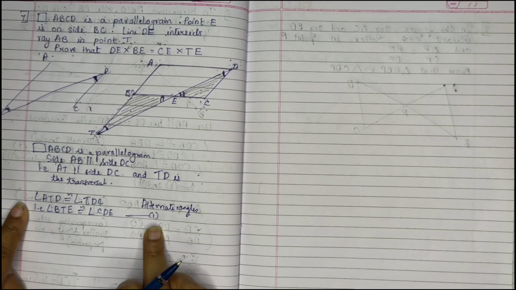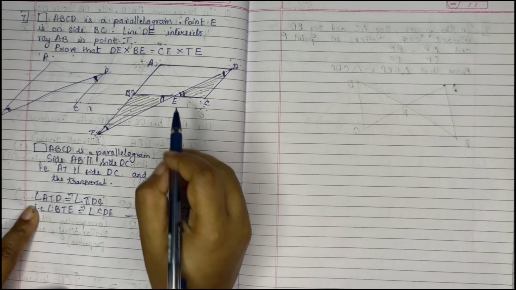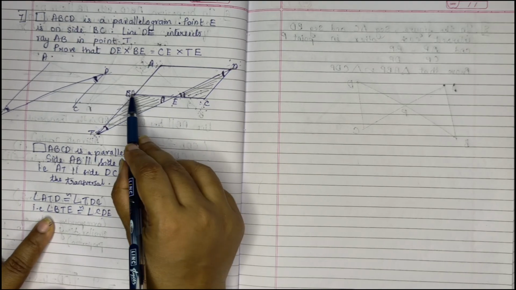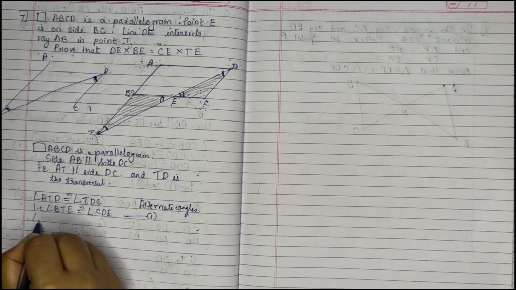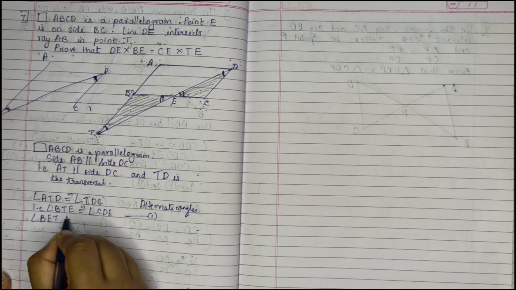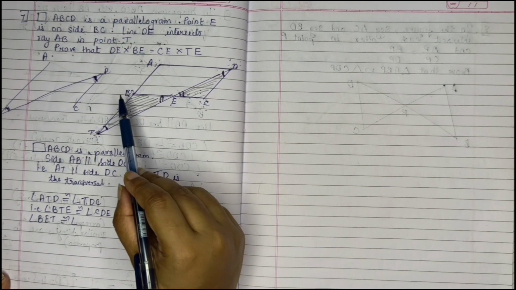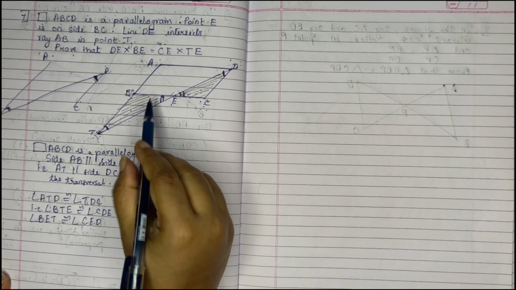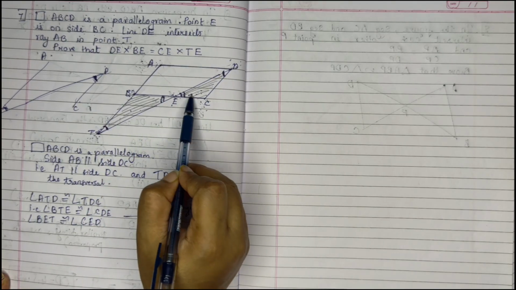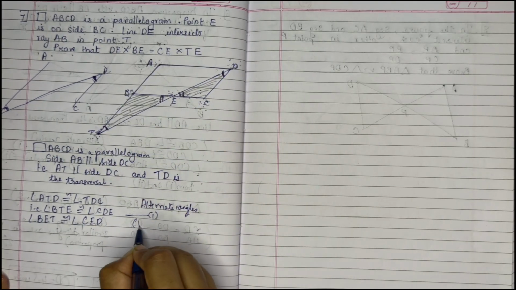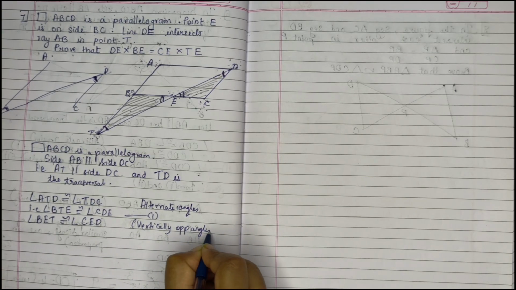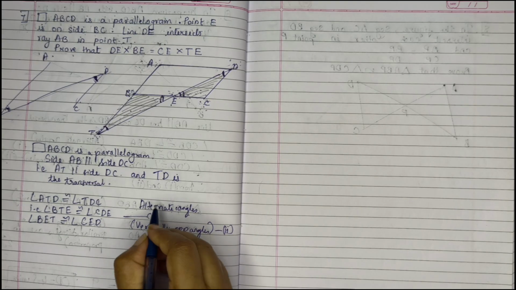One angle we got congruent, one more angle we need, then by that we can say that the triangles are similar by AA test. Now one angle we got, the second one is the vertically opposite angle. That means we want E in between. So angle BET is congruent to angle CED. That means E in between, so we have vertically opposite angles here. And we can write this as your second one.